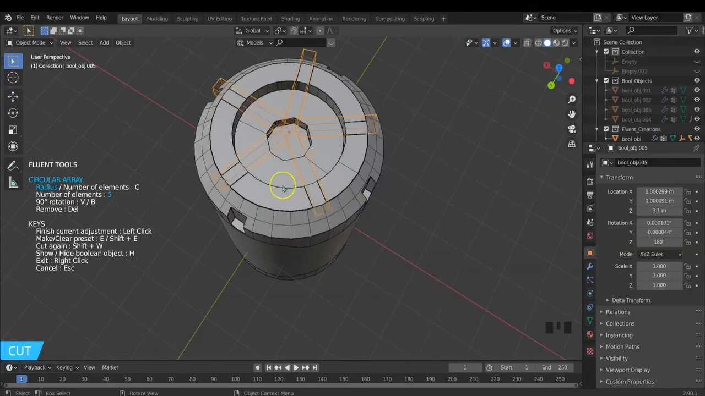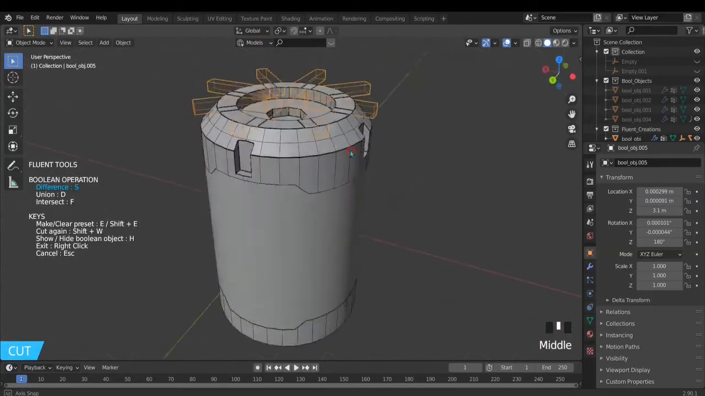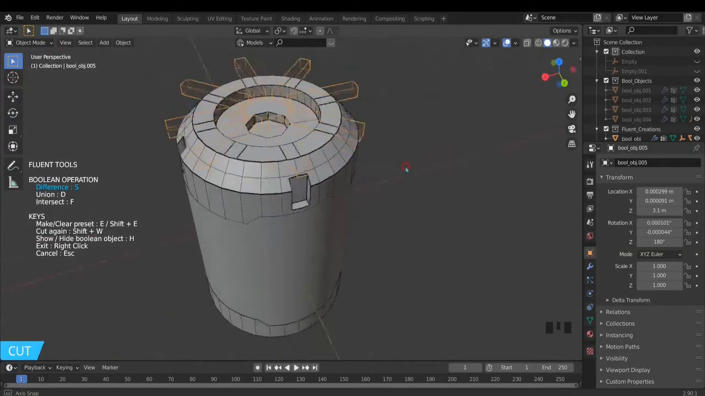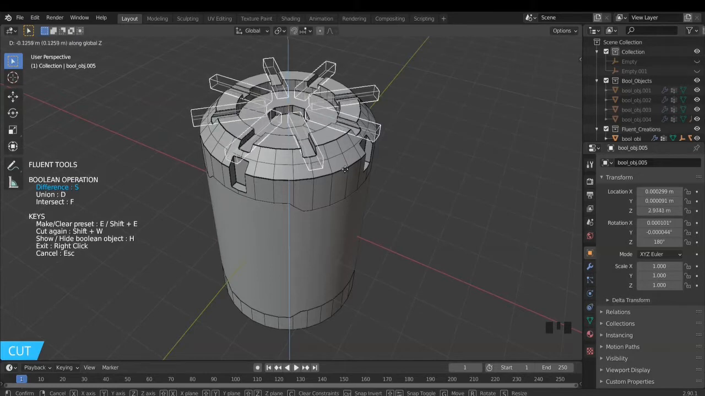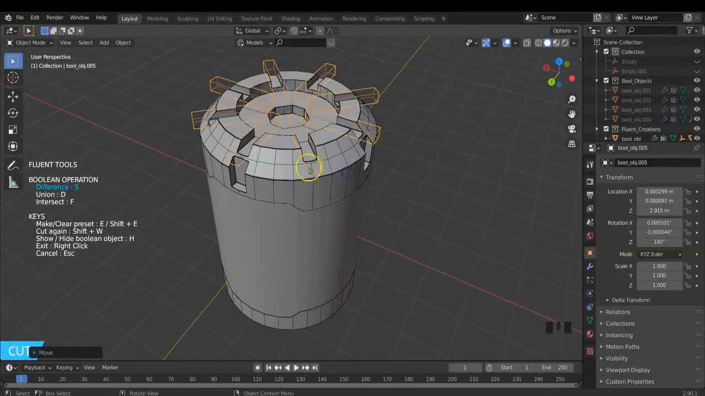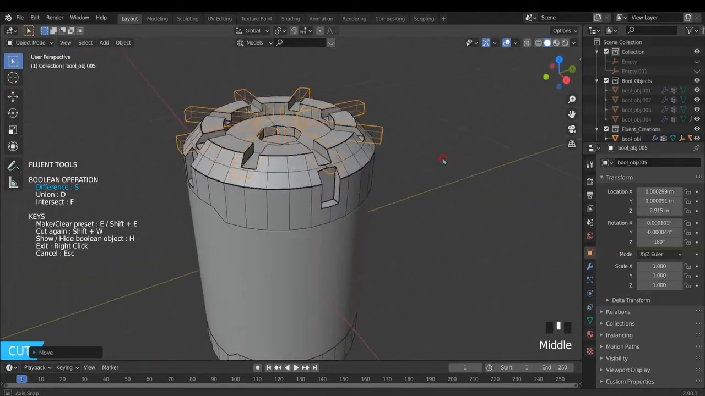I'm gonna increase the number again by clicking C. This is reducing it. If you go to the right, it increases it. I'm gonna go with the 8 circular number. Now I'm gonna bring these down by clicking G and the Z axis, bringing it down, making sure it does not create any artifacts. I think